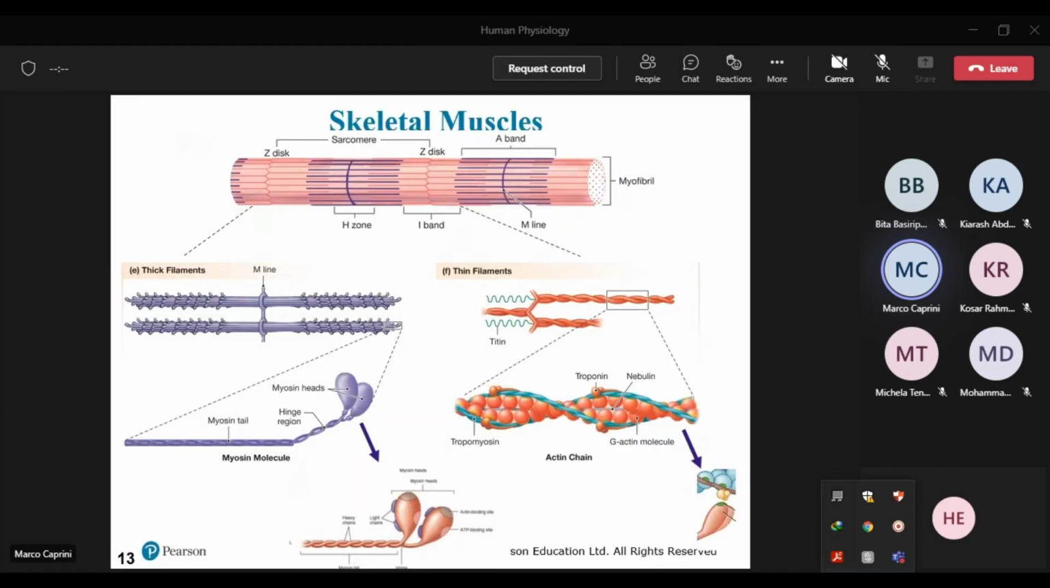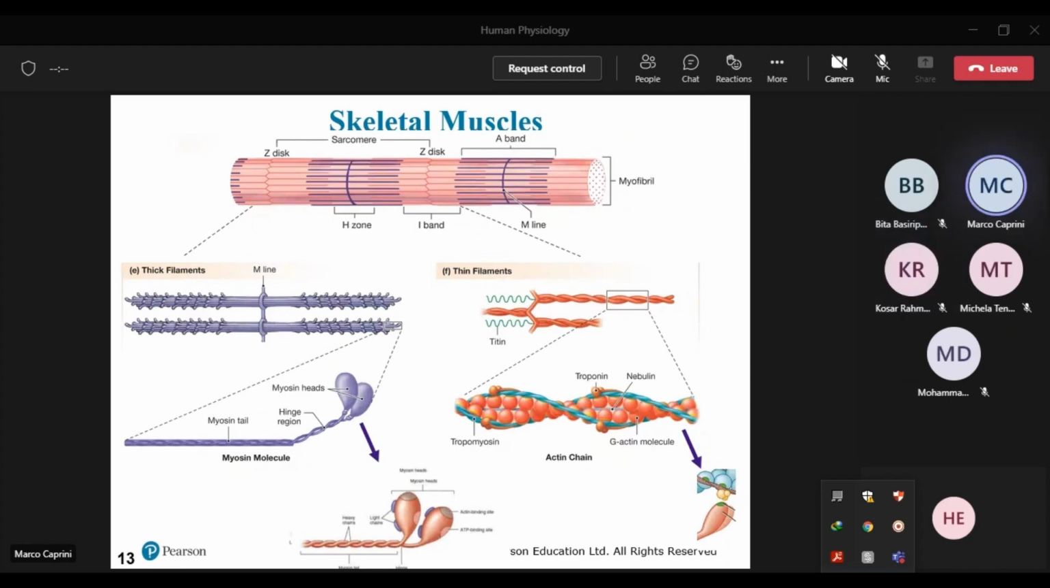Okay, so the last point was this one. The myosin head contains the binding site for the actin, and the G-actin molecules on top here contain the binding site for the myosin. So in each part of myosin heads and actin molecules, there is an actin binding site and a myosin binding site. And if you check carefully here,